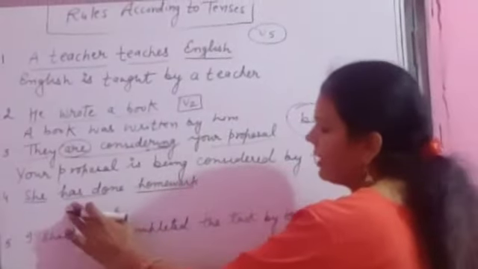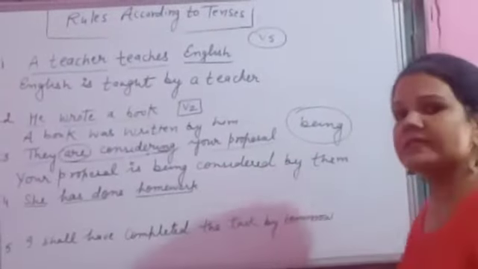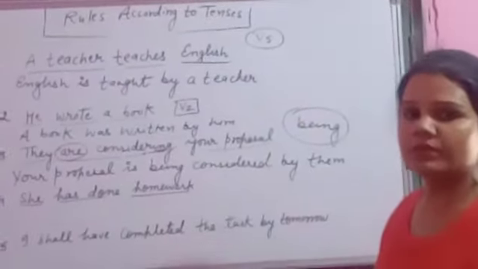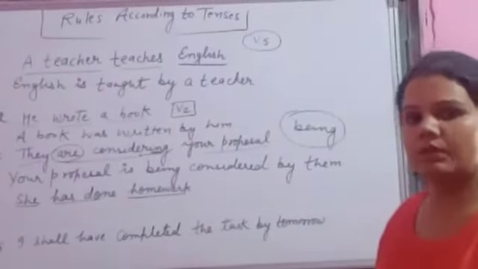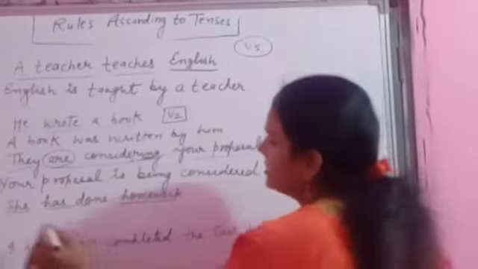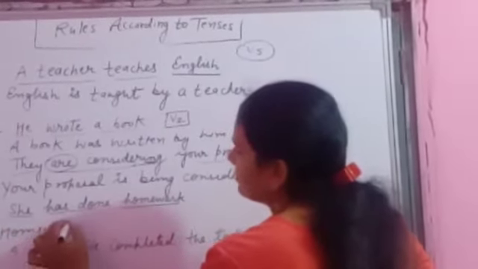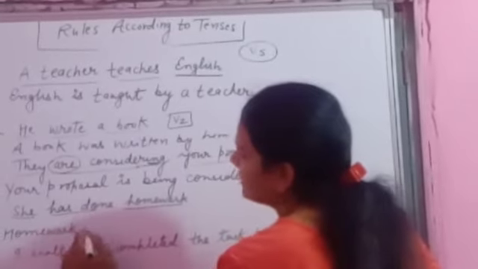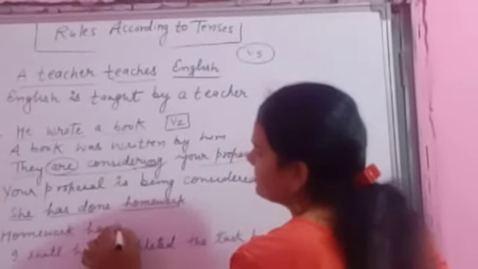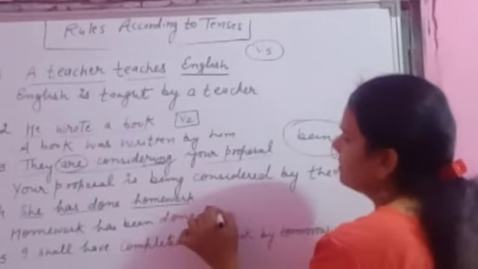And wherever you find has, have and had, while changing that sentence into passive voice, always use been with them. Understand? Now first of all, change object into subject. Homework, singular is here. Has been done by